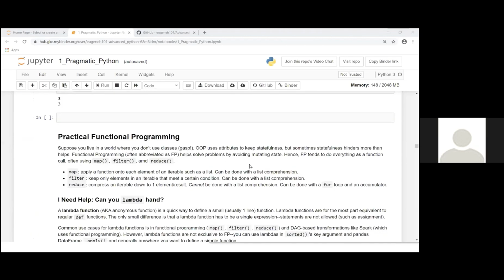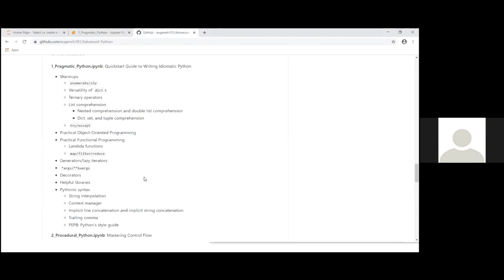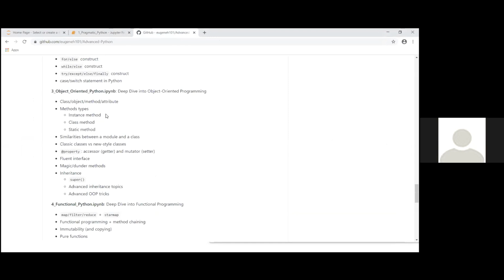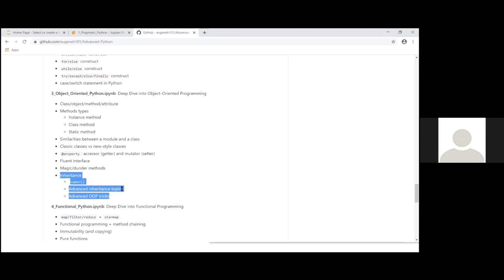That's a great question. In this notebook, I don't delve into inheritance, but I do in the object-oriented notebook, with inheritance, super, mixins, alternative constructors, and some other tricks. Fluent interfaces and so on, properties.